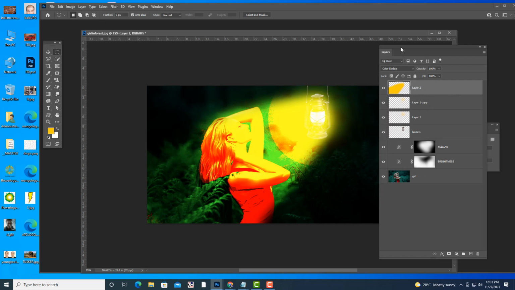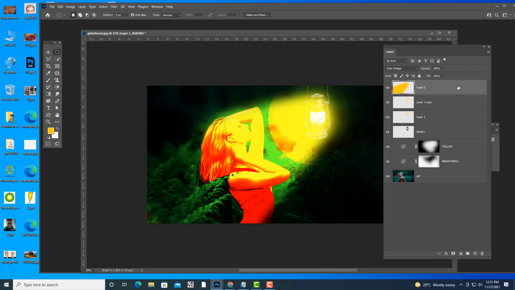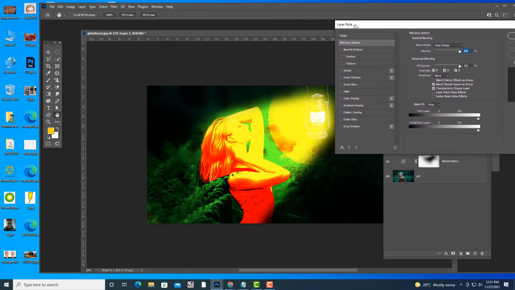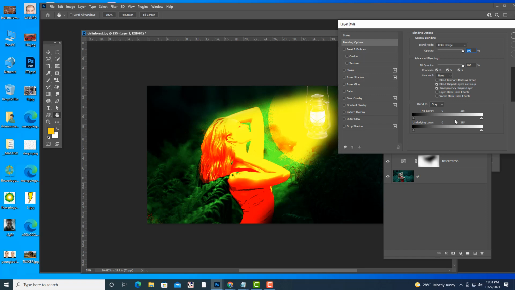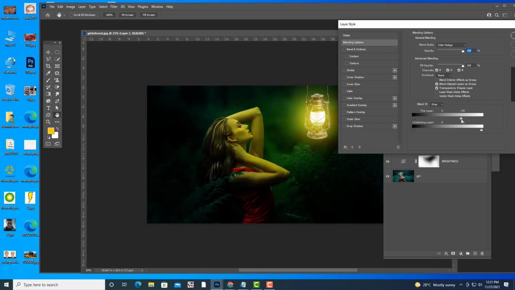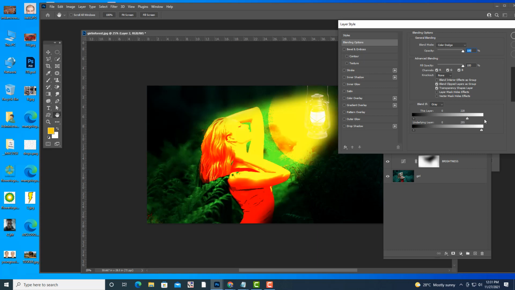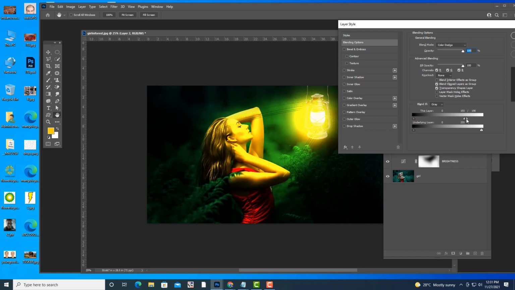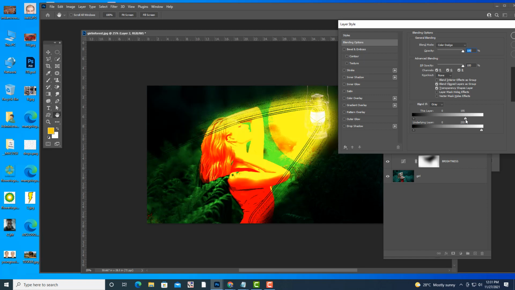So what can we do now? Simply double click, and if you double click, you are going to open the Layer Style tab, and here we have an option, This Layer. See, if I move this brightness slider to the left, what will happen? It will take away all the lighting. But we want some lighting actually. So what we can do is break this. See, so you can check the lighting here.